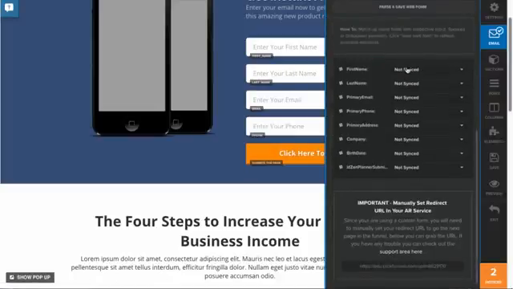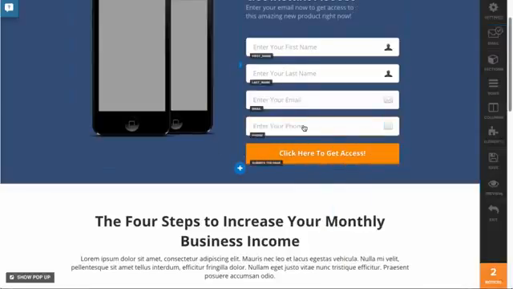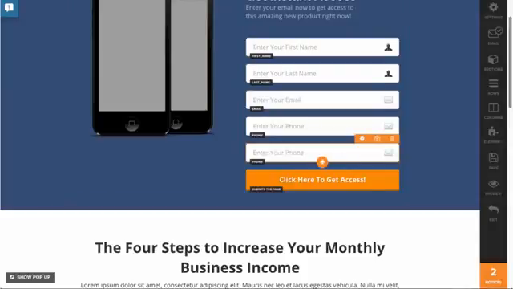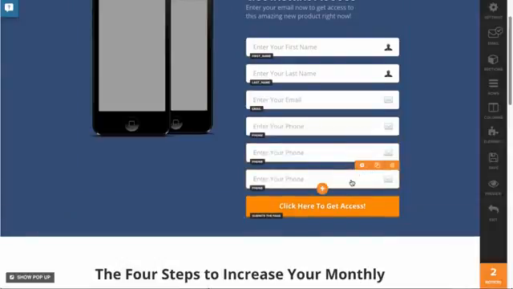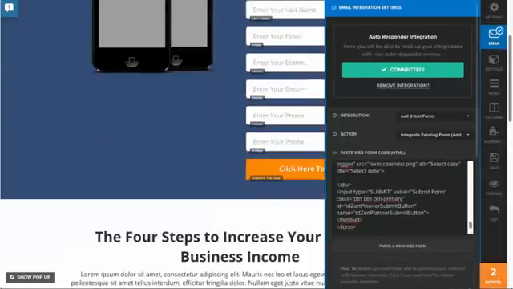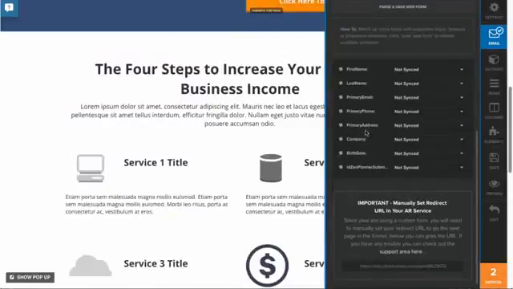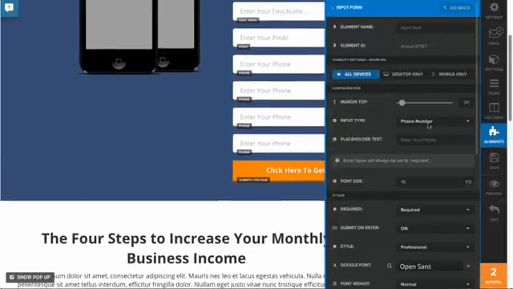And then I'll go down here and I can sync up these fields. But you'll notice I don't have all the same fields. So I'm going to need to make sure that I add these right here. So I'm going to go ahead and just duplicate a few fields so that I can make sure I get the right ones. I'm going to need an address, company name, and birth date. So that's what these are going to be. So this is going to be an address field. And I'm going to change this to enter your address. And I'm going to change this to company name